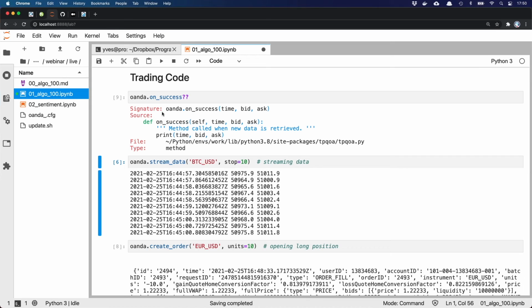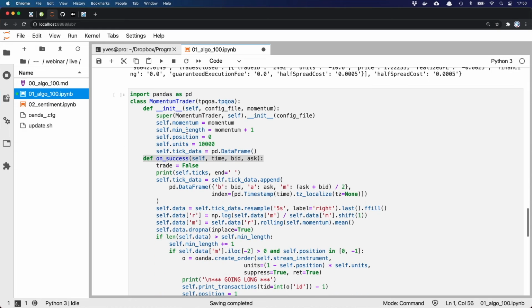The code here is a pretty short method, and it's supposed to be overwritten by the real logic. By default, and this is what we see here, it only prints out time, bid, ask. So that's, I would say, the minimum thing that we can do on success. Stream data retrieves data. Whenever there is new data, it calls immediately on success.